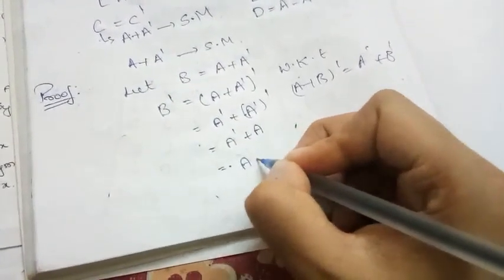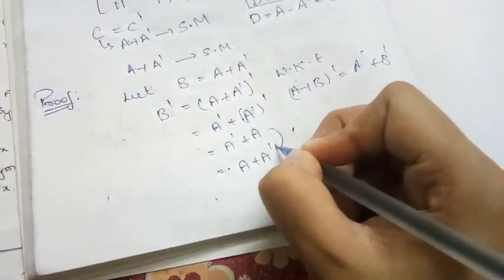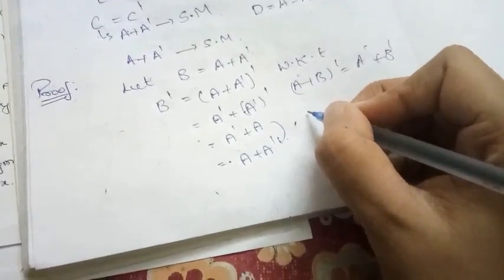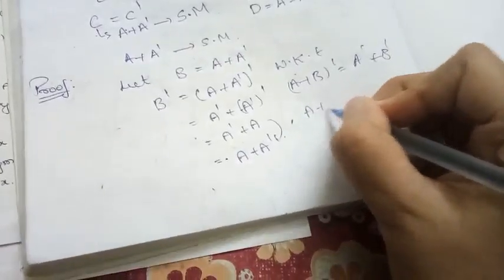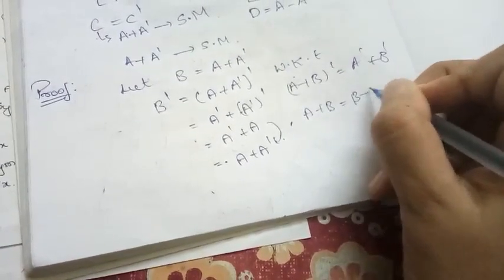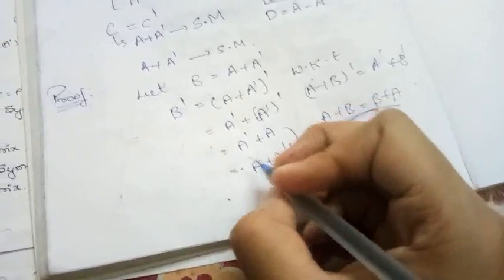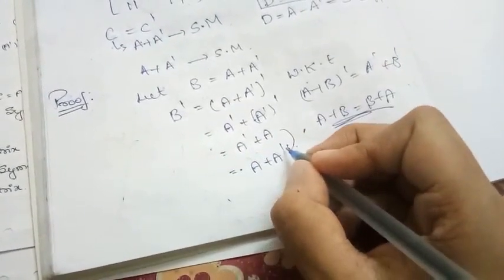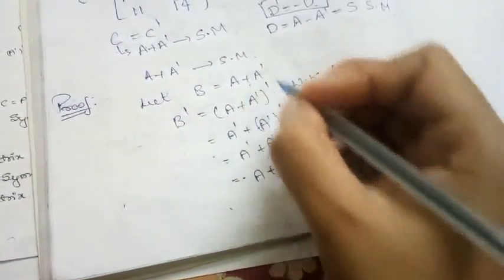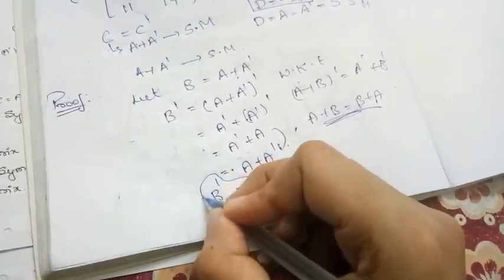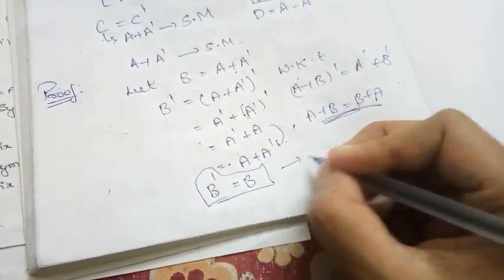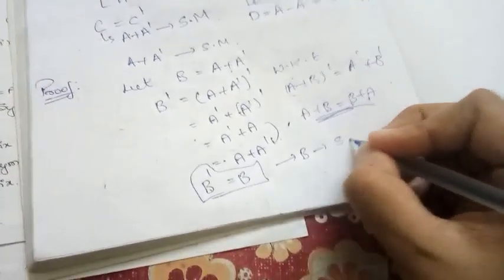And I can interchange this one, because we know that in matrix addition, A plus B is equal to B plus A, where it is commutative. So A plus A transpose is nothing but what we have taken earlier, that is B. So now you can see that B transpose is equal to B. When the transpose of a matrix is equal to the given matrix, then we call matrix B a symmetric matrix.